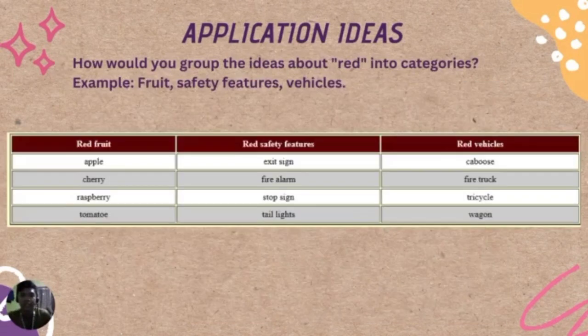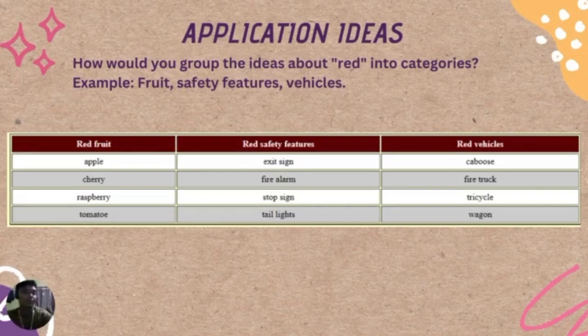So another application idea is, for example, how would you group the ideas about red into categories? For example, red fruit. You can easily identify which is the red fruit: apple, cherry, tomatoes, and etc. For the red safety features, we have the exit sign, fire alarm, stop signs, and etc. For the red vehicles, we have red fire truck, tricycle, car, and motorcycle. So that's all about the